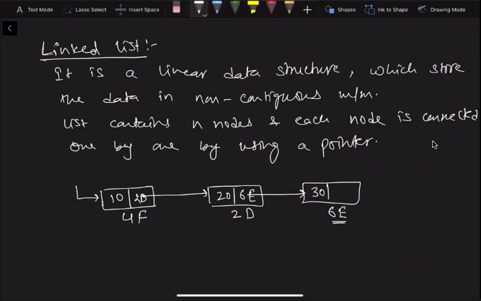The address of the first node is kept at our head, so we call it head, and head is a pointer only. It is not having any information part, because the information part starts from the first node and head is not the first node. It is just the pointer which has the address of the first node, that's all. Since we don't have any node after the last node, we point it to null. This is ground. You might have studied it in electrical; this is the symbol of ground, and it is the symbol of null in our data structure. So this is a simple representation of a linked list.